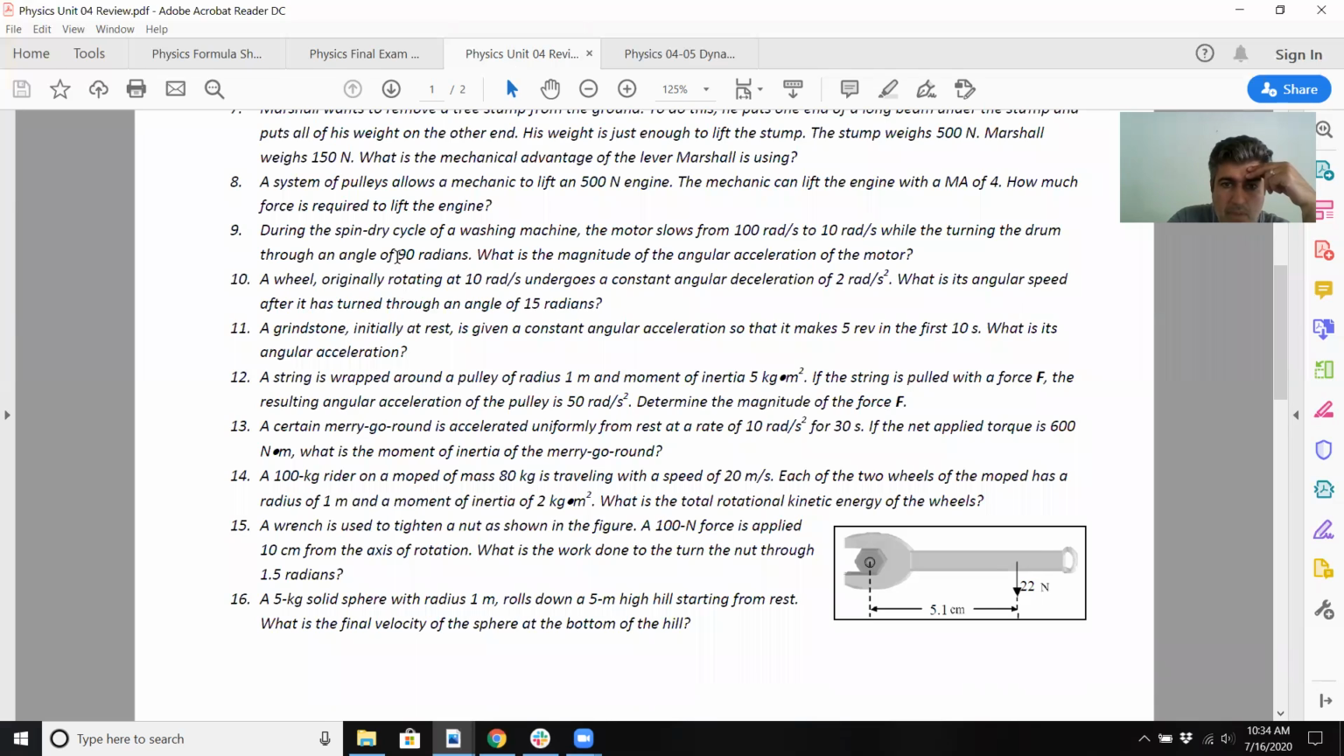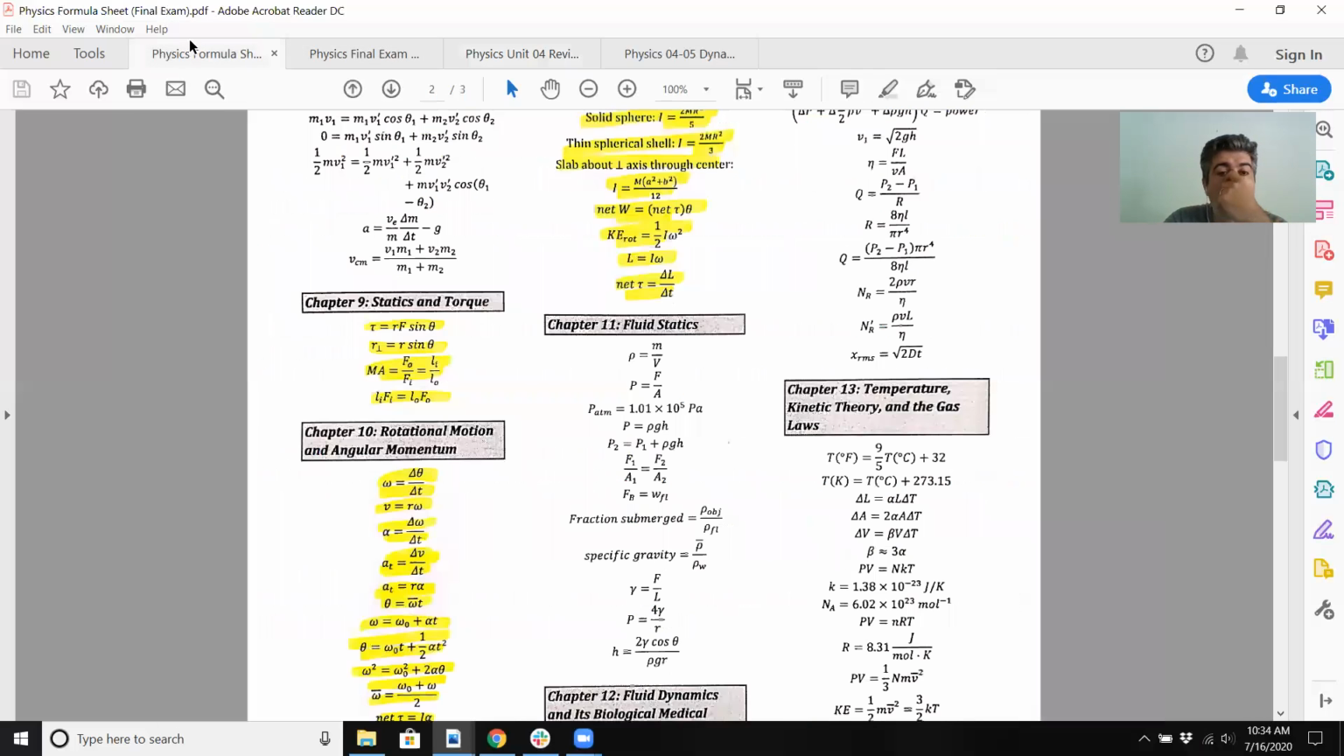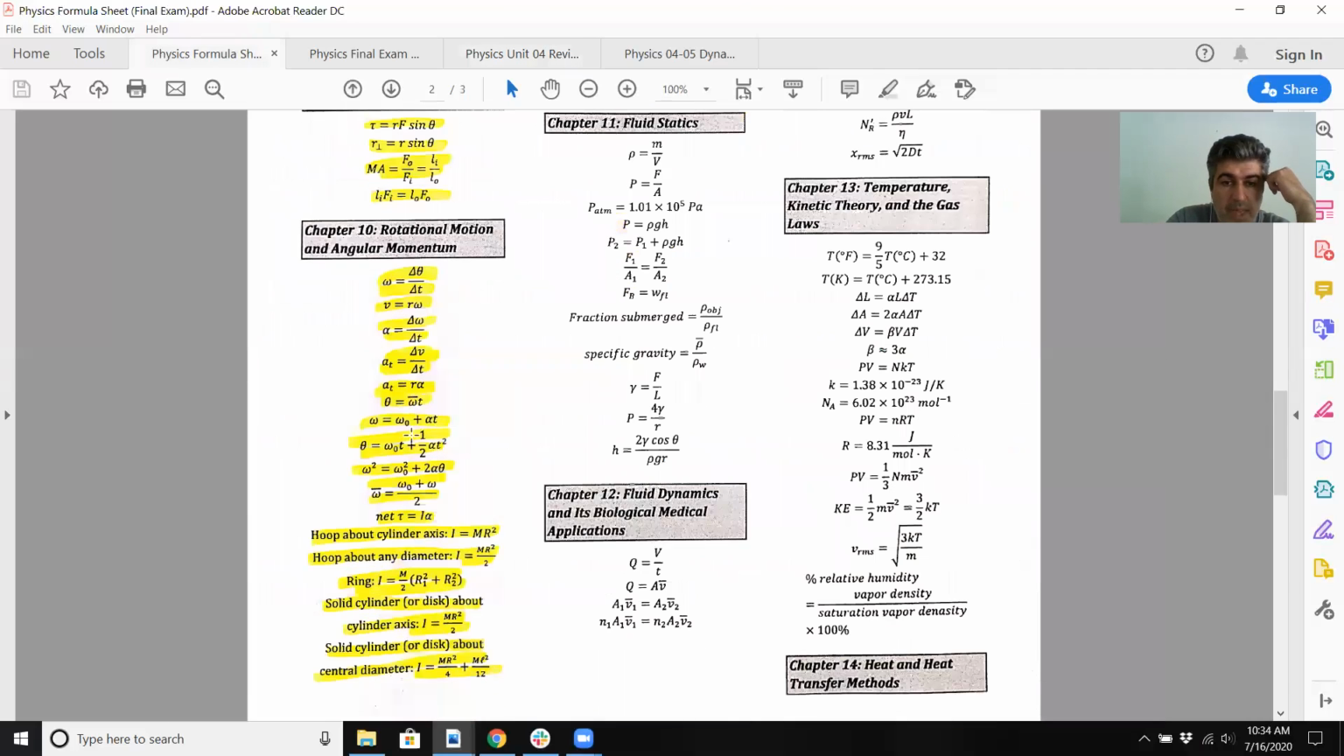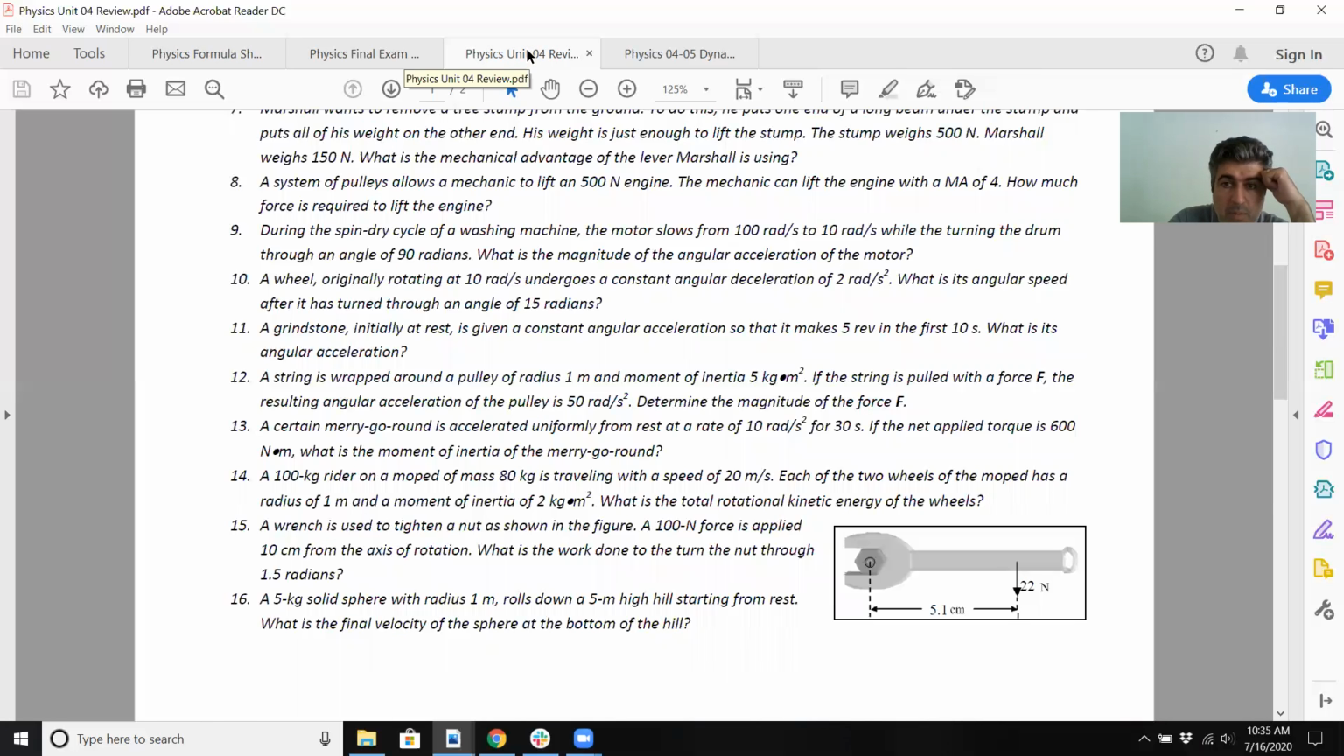Number 9: during a spin drive cycle, a washing machine motor slows from 100 rad/s to 10 rad/s, while turning a drum through an angle of 90 radians. So that's going to be your angular displacement, 90 radians. What is the maximum angular acceleration? Well, obviously you have kinematic formulas for rotation. We want the angular acceleration. You have your initial and final omegas, and you have your angular displacement. So you use this formula right here. So again, use these formulas. The formula sheet's your best friend here. And time was irrelevant, so you knew not to use one involving time, and of course you want